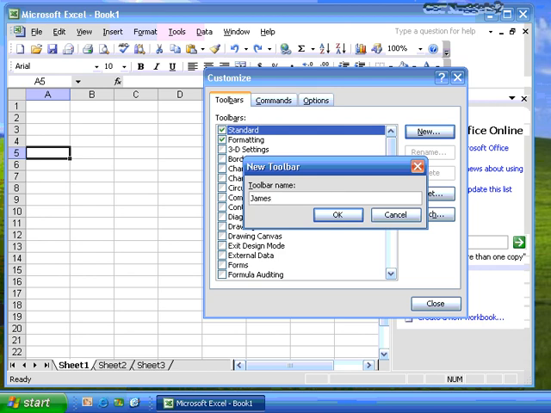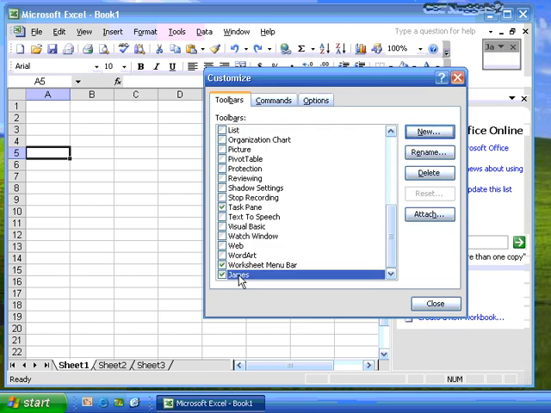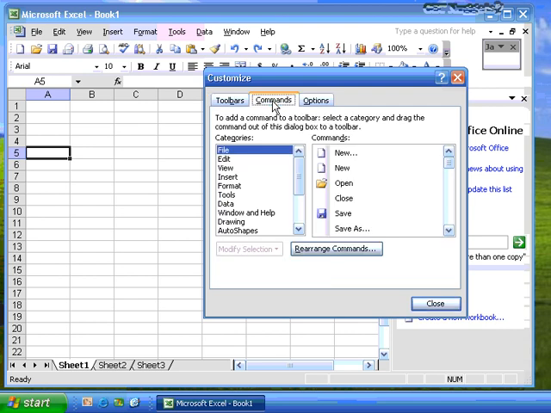So I say, hey James, you're going to have your own toolbar. You want one? I click OK. Notice James now has a toolbar. Now James is up here and he doesn't have any buttons. He doesn't have any icons. He needs some commands. So I merely click the commands and then choose any of the commands that you see